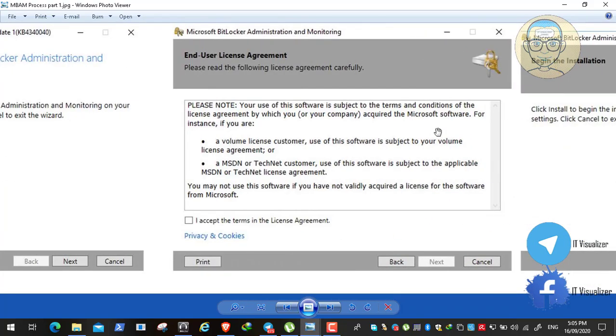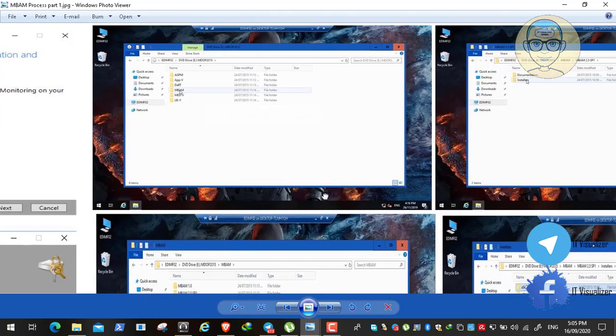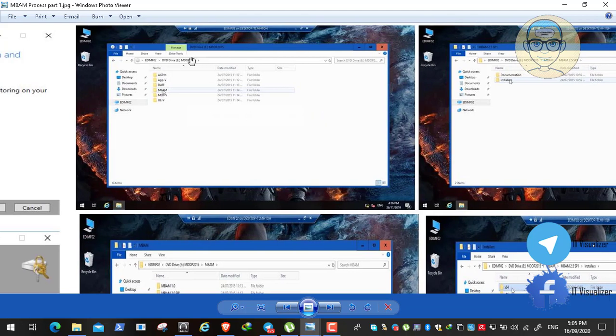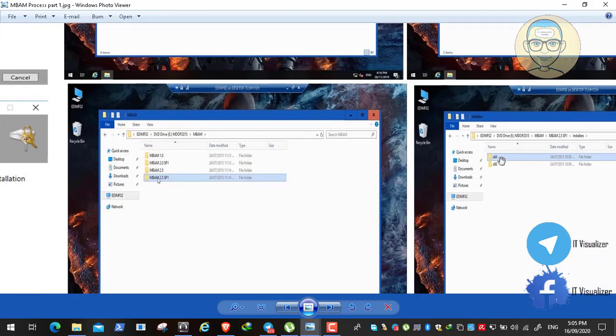so let's go here. First of all, we need to insert or mount the DVD of Microsoft Desktop Optimization Package. This contains the MBAM software, so we will click on the folder and then go to installers. Then we will go to the 64-bit version, because the MBAM server contains a Windows Server 2019 64-bit system. We double click on the 64-bit folder,